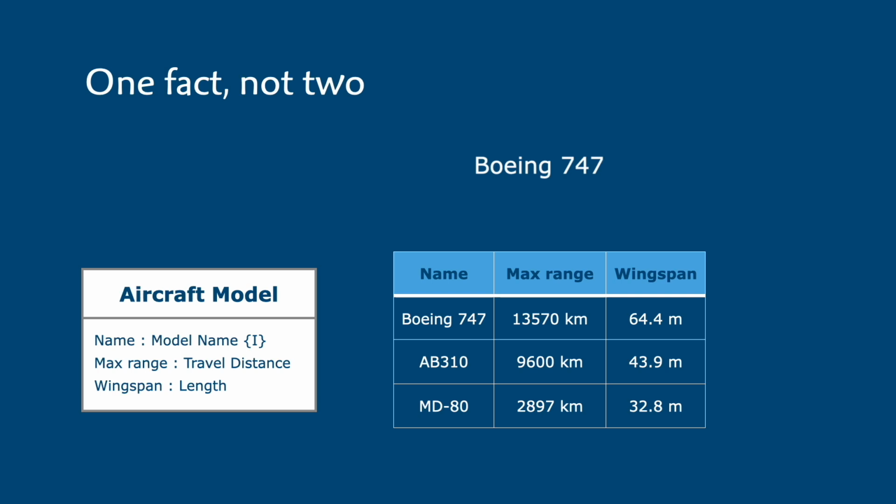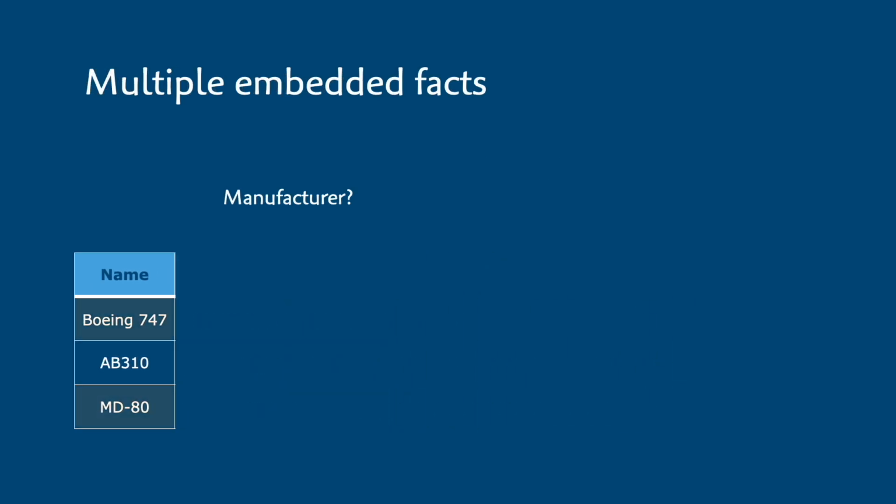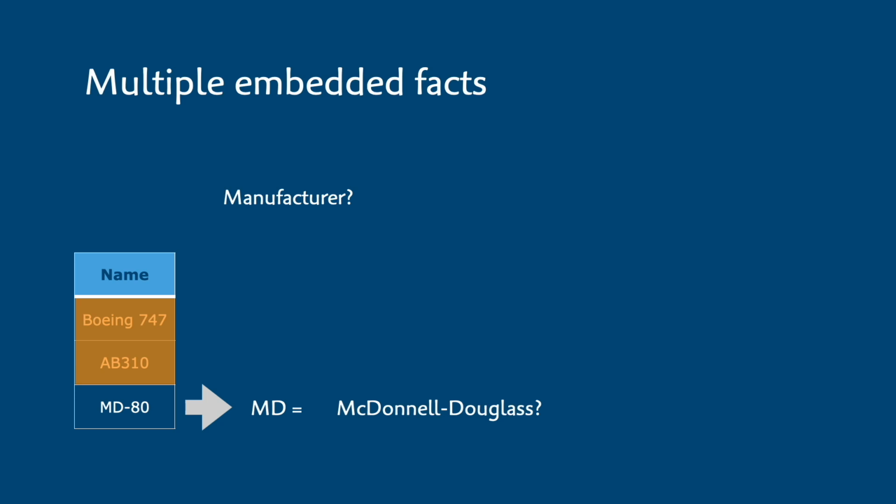The table is actually embedding two separate fields in the name column and not doing it very consistently either. If we select AB310, for example, we would have to know somehow that AB corresponds to Airbus. The model as it stands does not provide that information. And if we selected MD80, we might know that MD stands for McDonnell Douglas. But this aircraft model is in fact owned by Boeing these days.